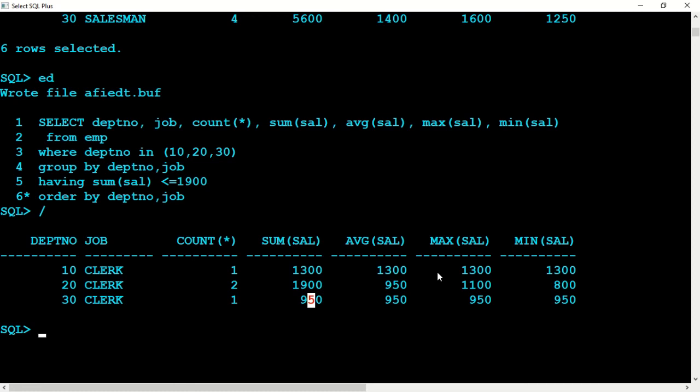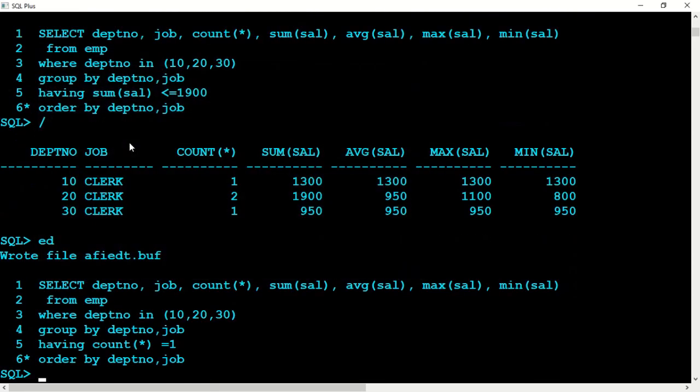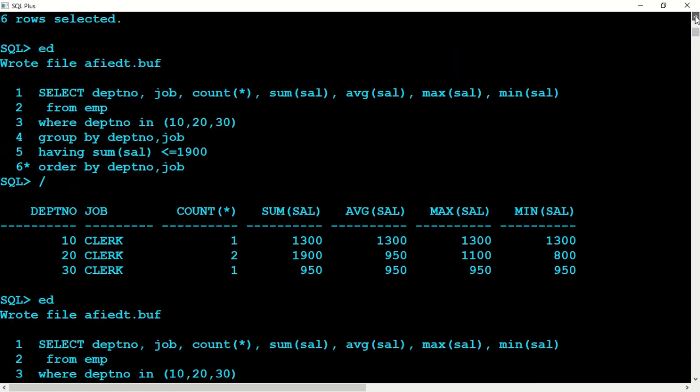Okay, right? Now if I say ed again, where count star is equal to 1, count star equal to 1, so alt F4 and save it and say slash.